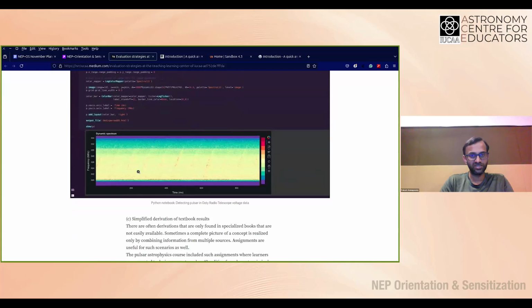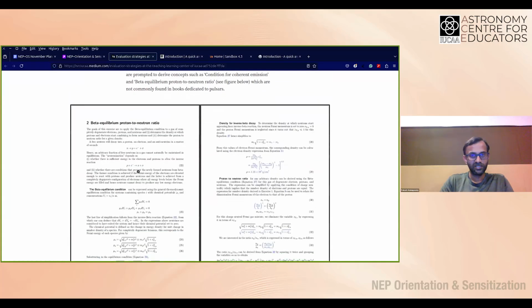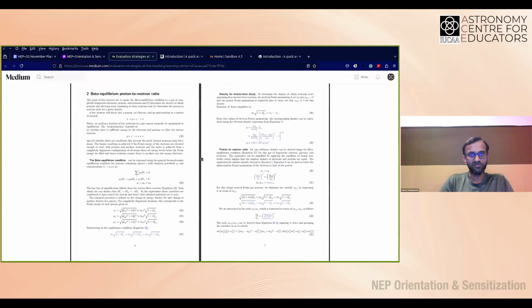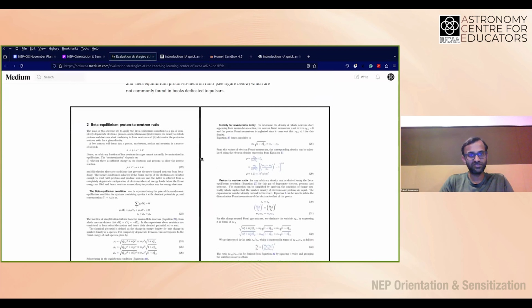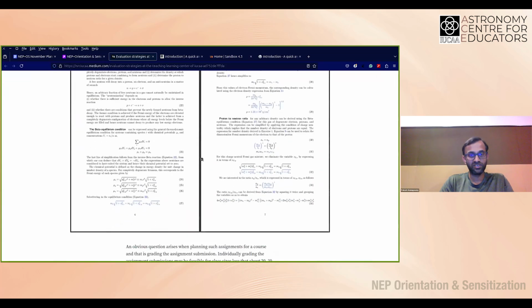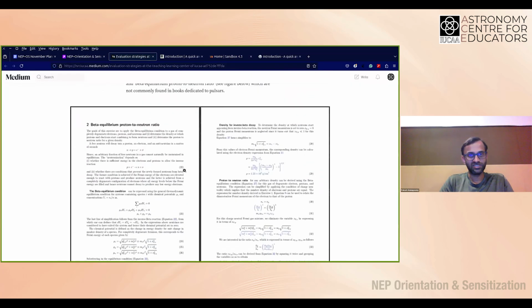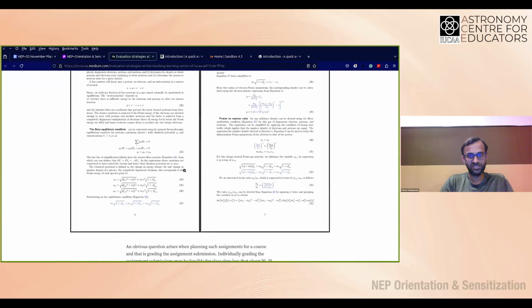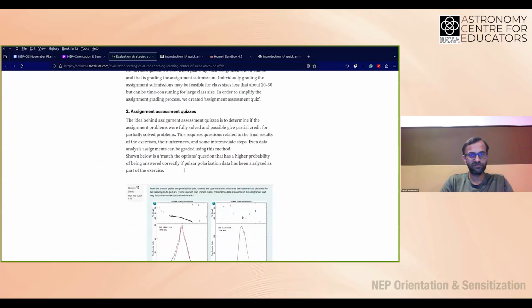These are again examples. It's pretty good. We rely on exercises from books as well, because many of them are pretty standard, and it is in our interest to use the available material as well. So this, for instance, is one such derivation as part of an assignment.